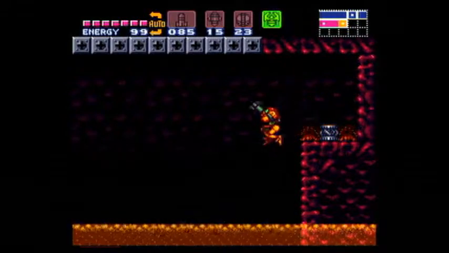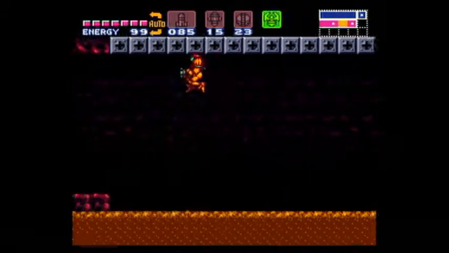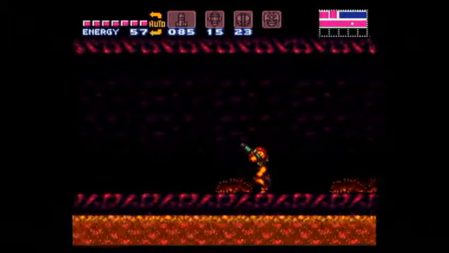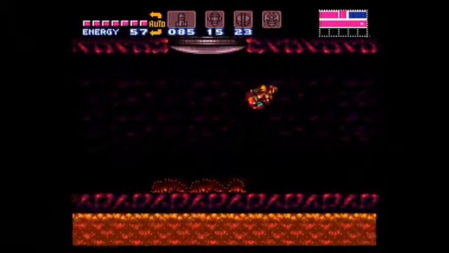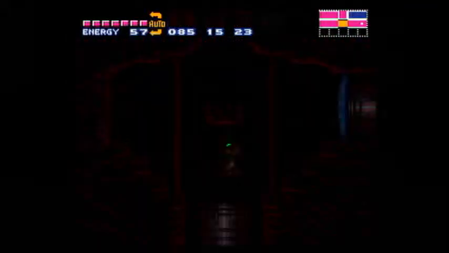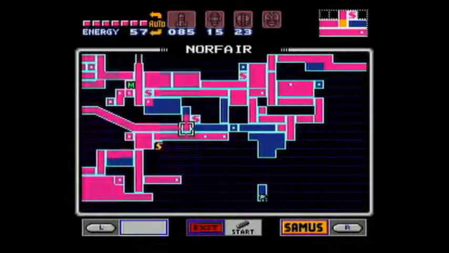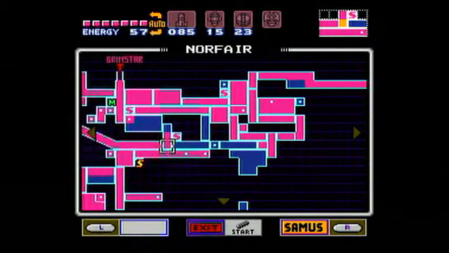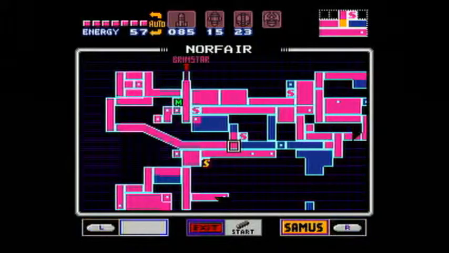And you can do that, but this is probably a much safer bet. Even though the grapple beam does control pretty poorly, it's still useful there. Mostly, the grapple beam is functional enough where you need it, but in optional areas, it's a massive pain and I hate it. So first we're going to be going to the right, and then we're going